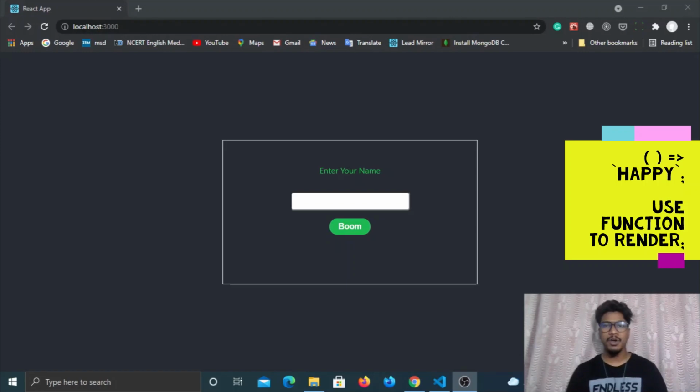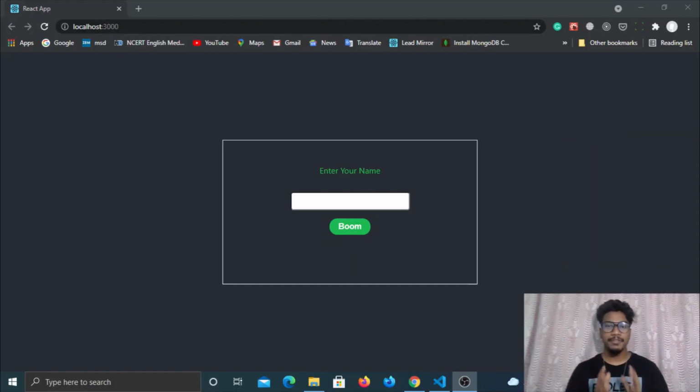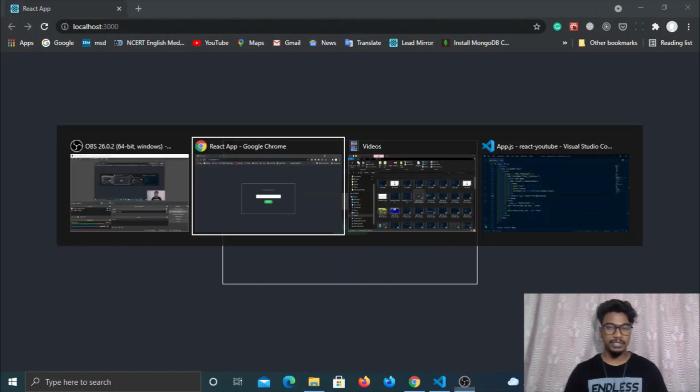In this video, we're gonna learn a kind of pattern where a function will give the right view to the UI based on proper conditions. So before understanding this, let me show you a piece of code.